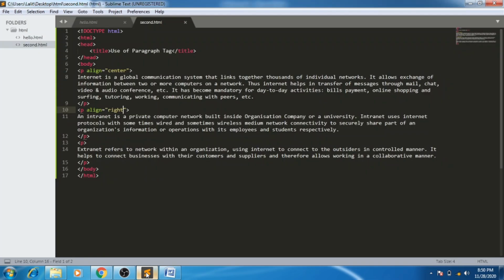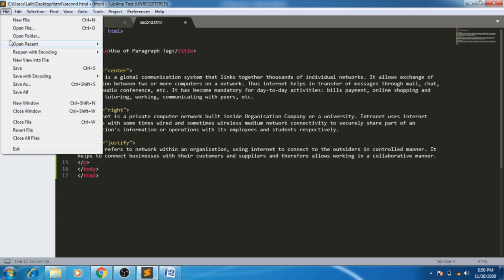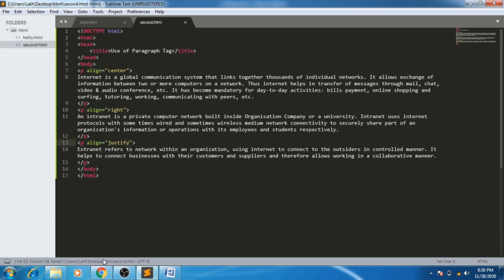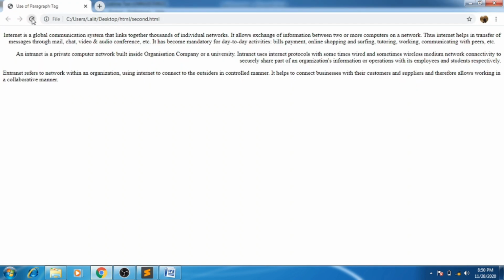One more value of align is justify, that is to be assigned to the third paragraph. Save the file, go to the browser and refresh. Check this out. What will happen here by applying the justify align?